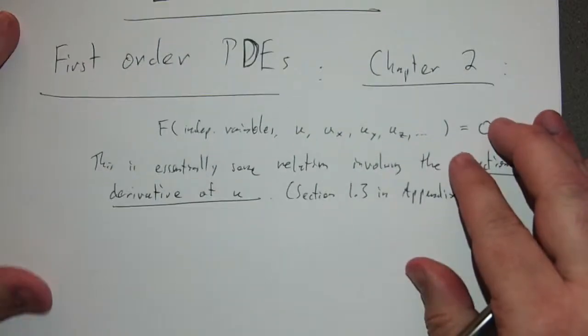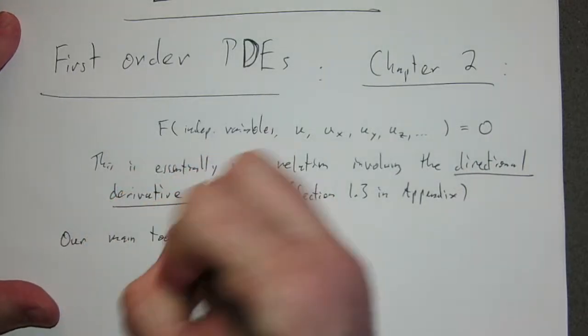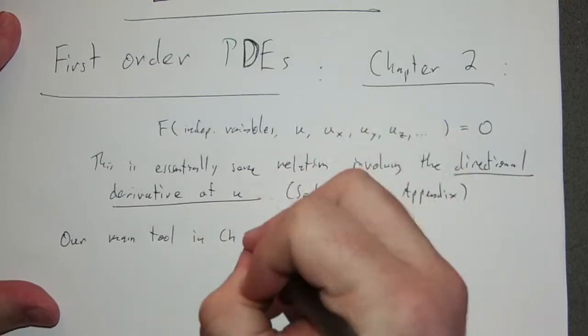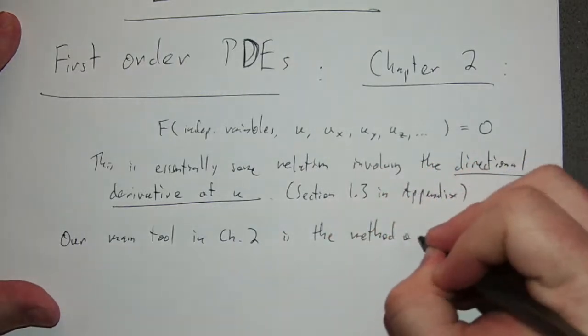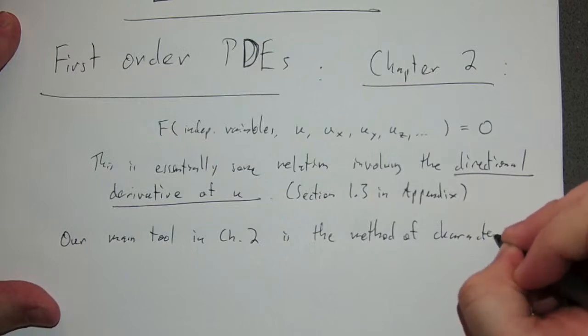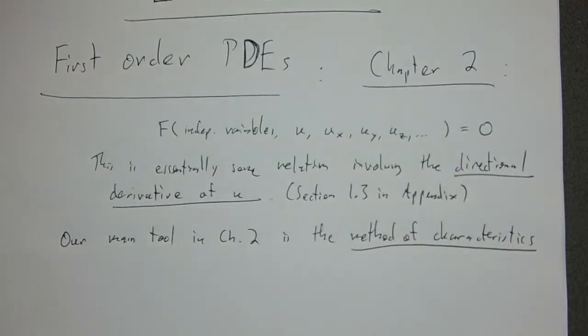So as I've already said, our main tool in chapter 2 for first order PDEs is the method of characteristics. So what is the method of characteristics? We are going to try to develop the intuition behind this as much as possible so that this is minimally confusing. The textbook warned several times about this,